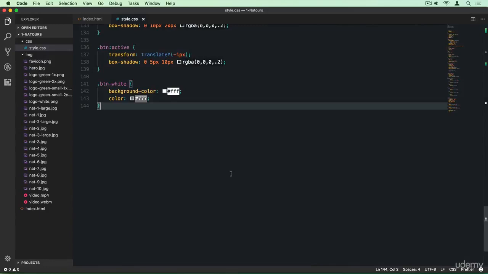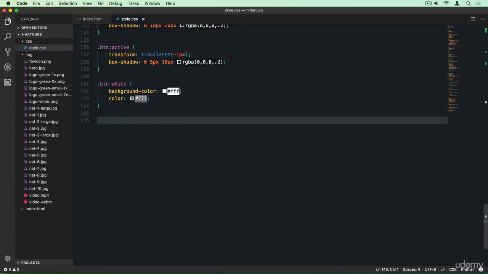As I said, we're going to use pseudo elements. Pseudo elements allow us to style certain parts of elements. For example, the after pseudo element that we're going to use adds a virtual element right after the element that we're selecting, and we can then style that element. So using this after pseudo element can be really powerful to do some cool effects. Once you master it, you're going to want to use it all the time. So let me just add